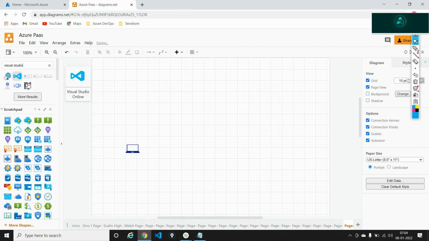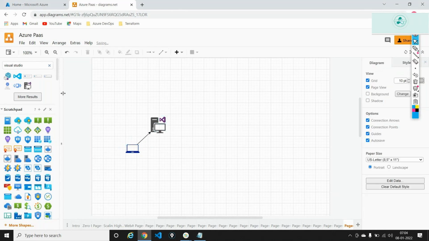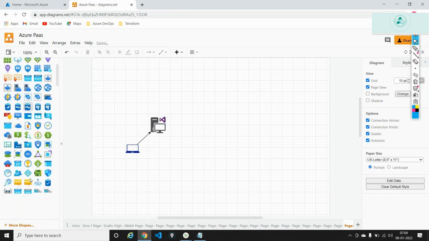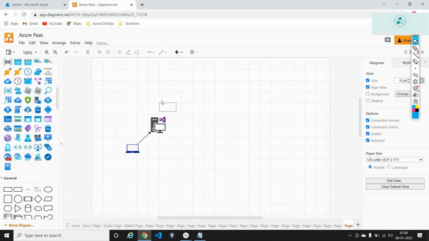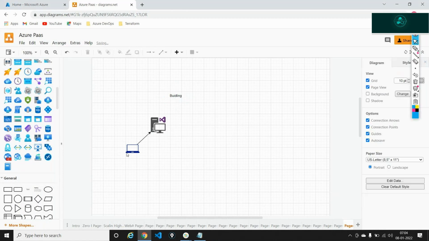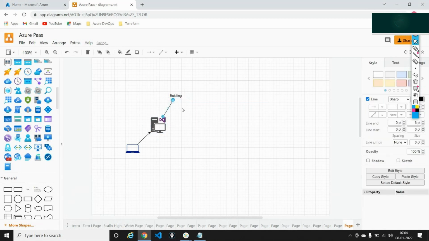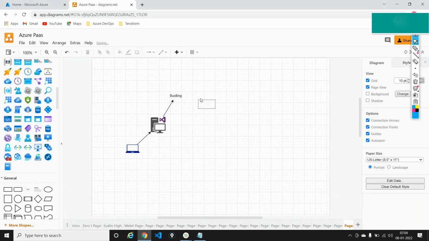So we had Visual Studio installed on our local machine, and using this Visual Studio, I am firstly doing a build of my code. After building my code, the code is getting converted into something known as binary format, meaning a system understandable format.